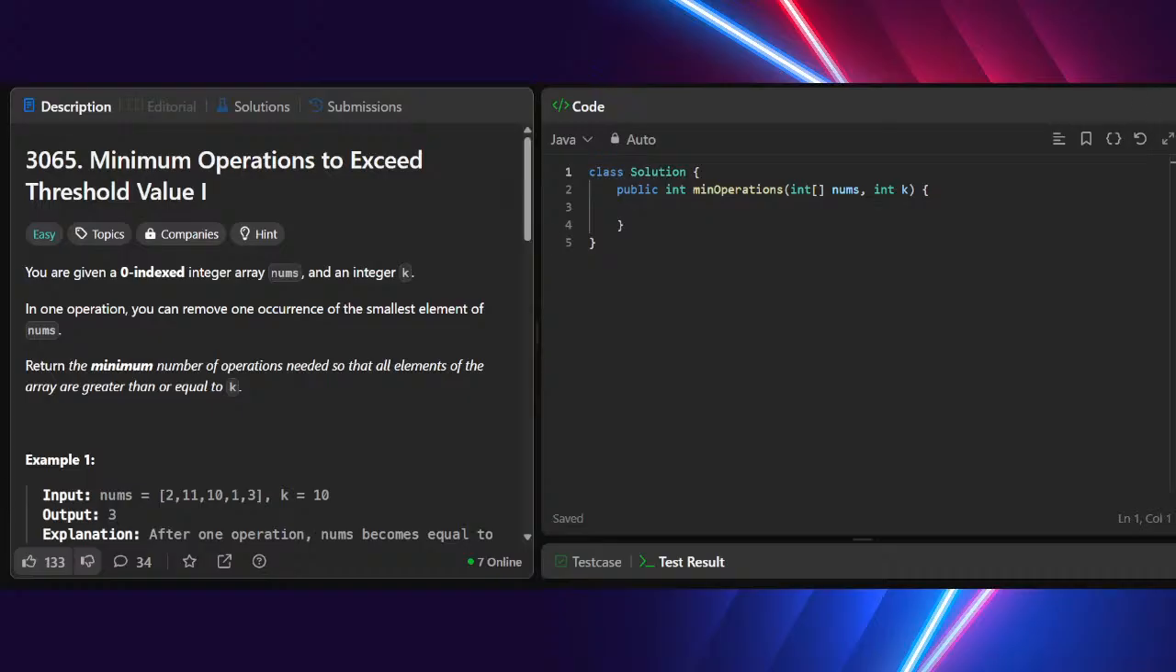We are given a 0-indexed integer array nums. This is our problem number 5. Okay. Minimum operations to exceed threshold value. You are given a 0-indexed integer array nums and an integer k. In one operation, you can remove one occurrence of the smallest element of nums. Return the minimum number of operations needed so that all elements of the array are greater than or equal to